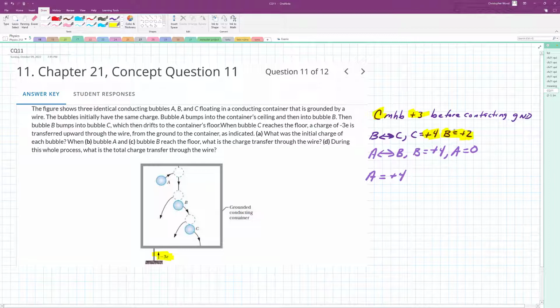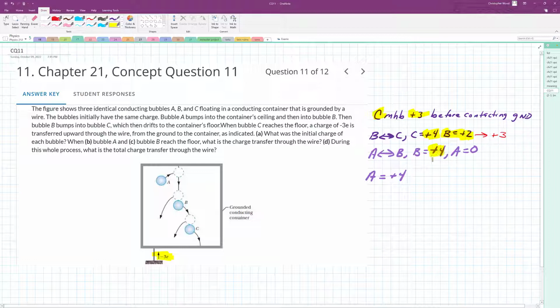Bubble B and bubble C touch each other. Bubble C goes from positive 4 to 3. I know that had to have happened. And bubble B, at this point, goes from positive 2 to positive 3. Okay, that sounds okay. Prior to contact with bubble C, though, bubble B must have had a charge of positive